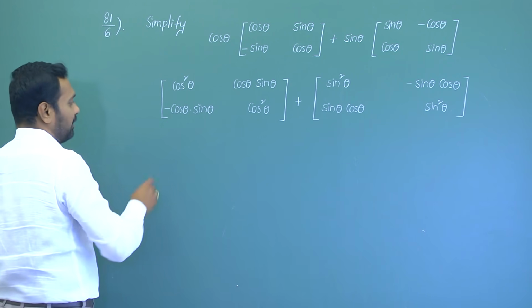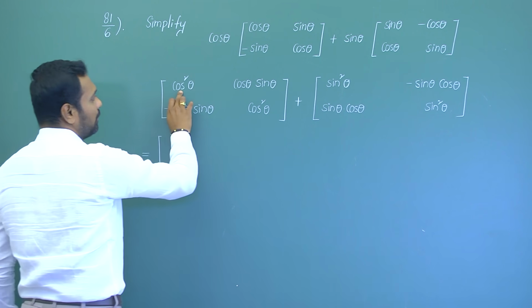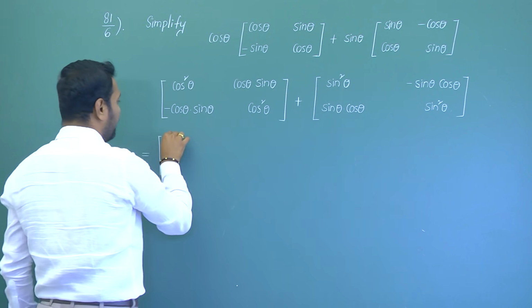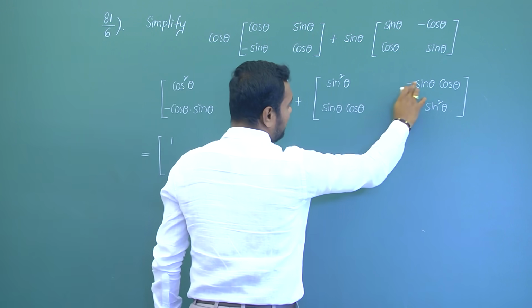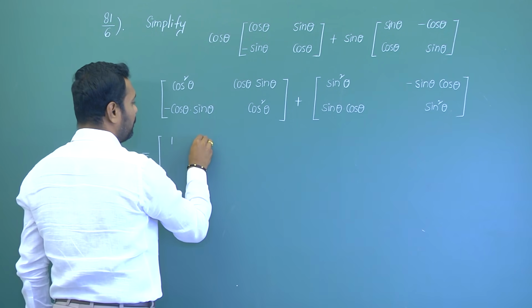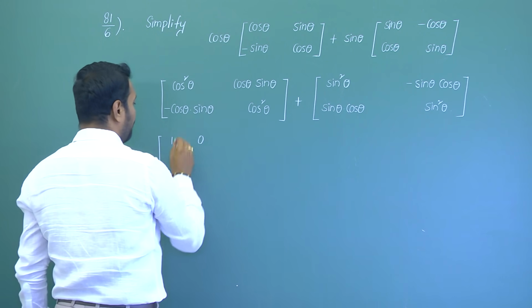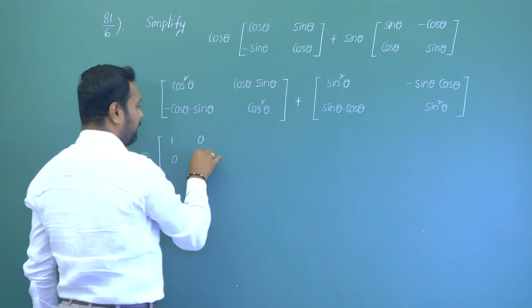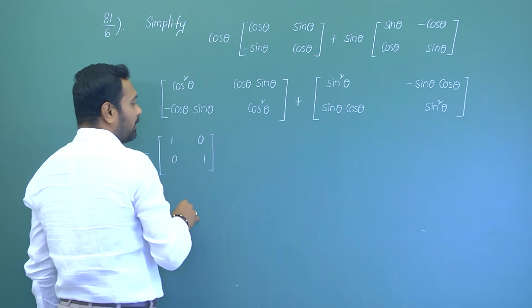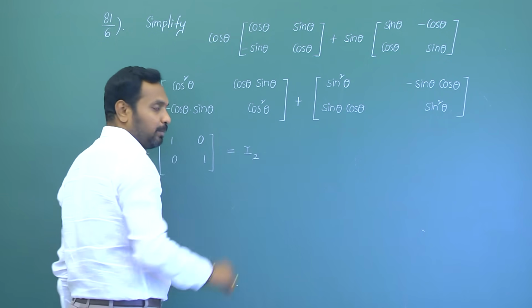So if you add the corresponding elements of these two matrices, then cos square theta plus sin square theta, value 1; cos theta sin theta minus sin theta cos theta, value 0. Same, second row first column elements, add to 0; cos square theta plus sin square theta, value 1. This is the notation for the identity matrix I2 of order 2 cross 2. Next question,